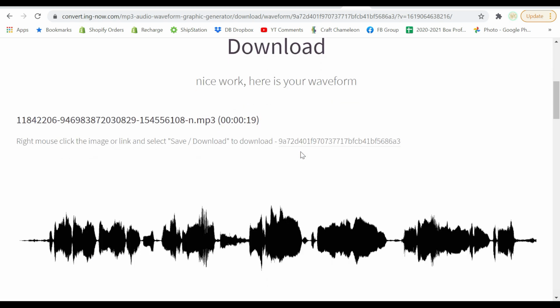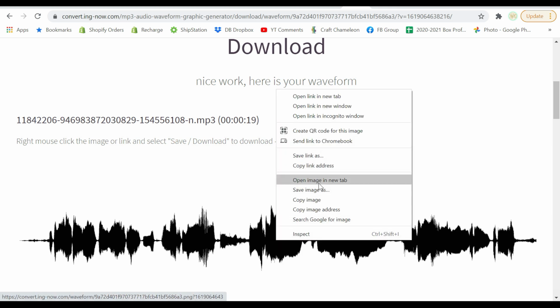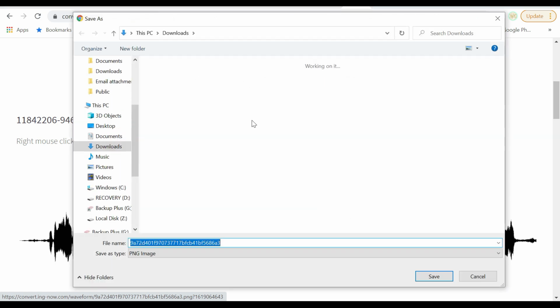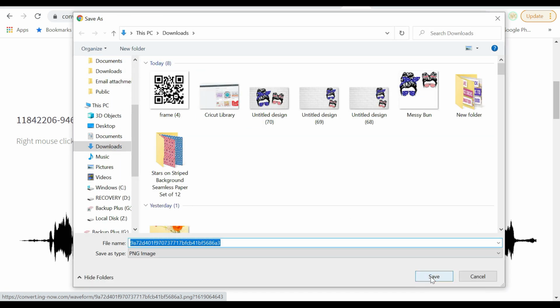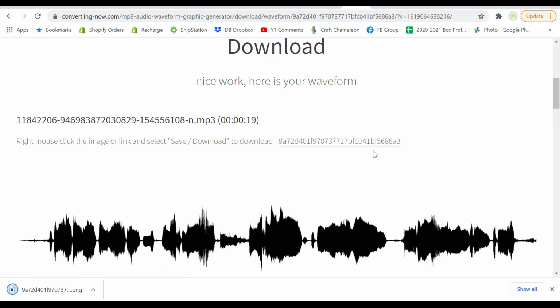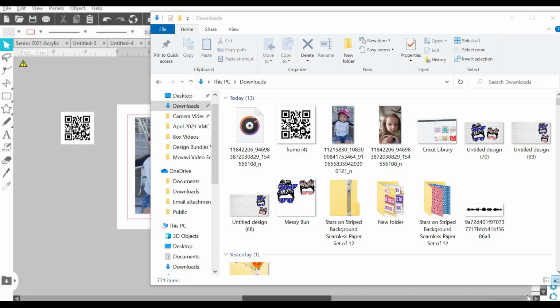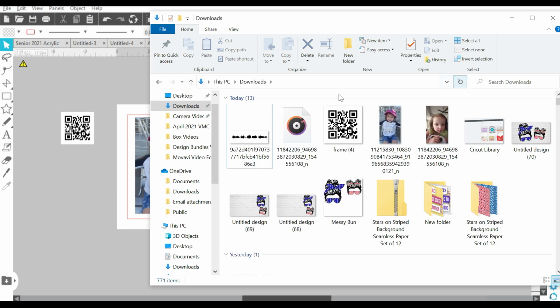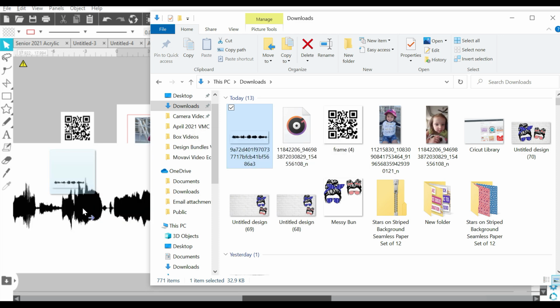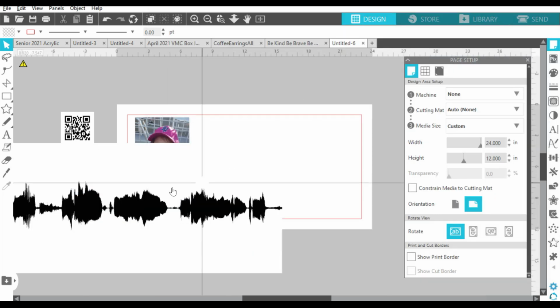Now, once this is generated, you can just right click on the image, choose save. I think I choose save image as. There we go. And then again, I'm just going to dump this right here in my downloads folder so that I can bring it over into Silhouette Studio and it's easy to find. But that's all I need to do with that. So we just reload our downloads, drag and drop our sound wave over, and then we can close out the